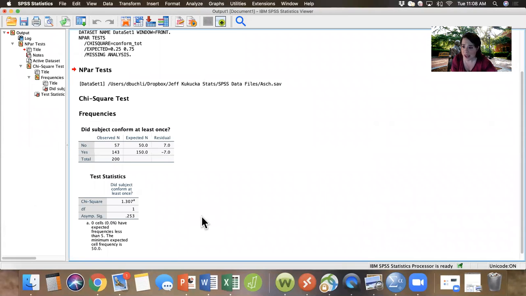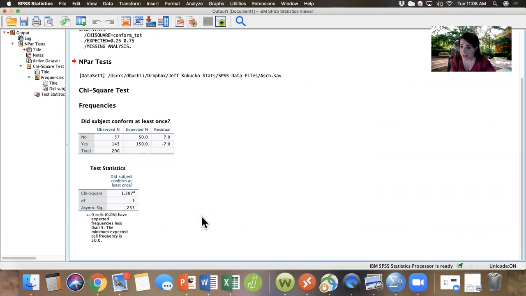All right, so now we have our output. And again, our output is going to look very similar to what we came up with when we did this by hand. I have the number of participants in my sample under observed N. I have the number of participants in my sample who either didn't conform,